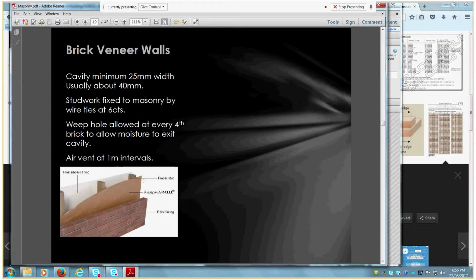So can blue board be used inside the house, like in the internal wall? I can't say whether there's any rules against it, but I know there's a reason why you wouldn't. And the reason you wouldn't is that it doesn't take up any moisture. And inside houses, you get moisture from various different activities, like boiling the kettle, that sort of thing, talking. You put moisture into the air, or you have, say,